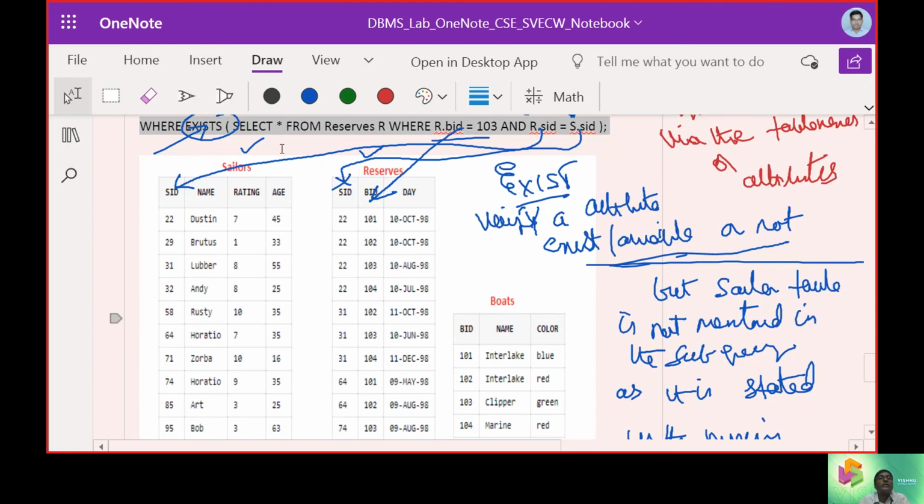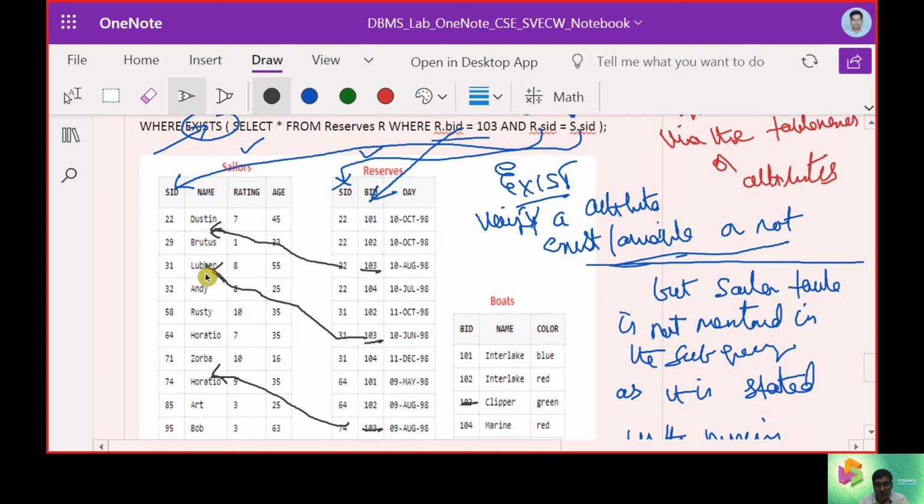So 103 is fixed, right? 74 is Horatio, 103. 31 is going to be Lubber. The 22 part is always the Dustin part.